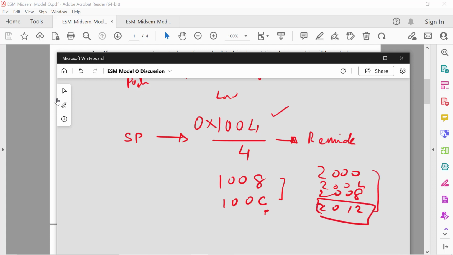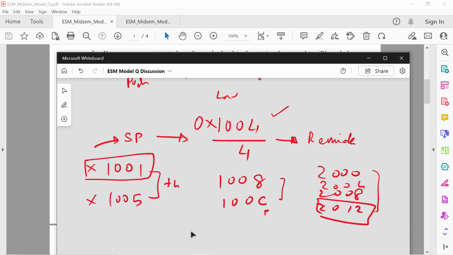So the addresses will be incremented like this. I can't load the stack pointer with some value like 1001, and then say that I will increment by 4 and it will become 1005. In both cases, when the stack is loaded with an address which is not divisible by 4,